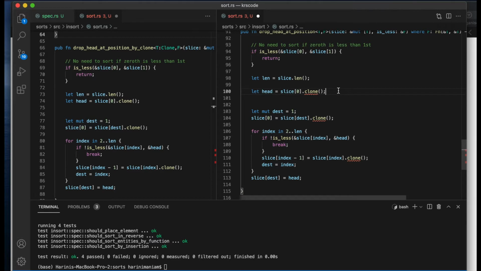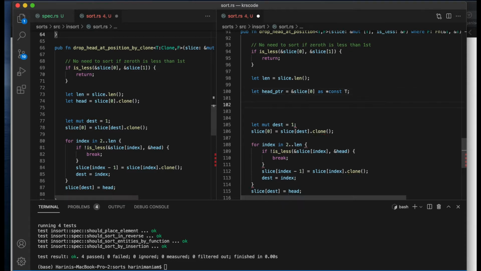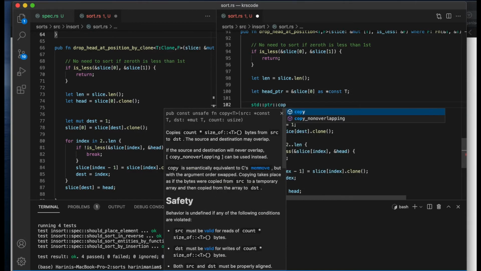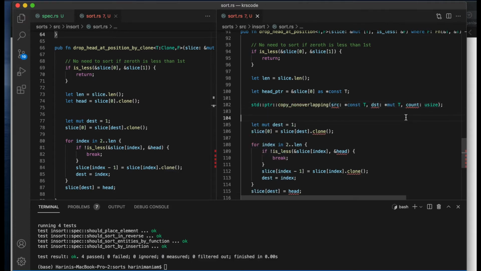So we have to get the head somehow, more like a bitwise copy. So we will first obtain the pointer to the entity at slice 0, and let us call this a head pointer. Now we have the head pointer that is pointing to the buffer, and there is a method called